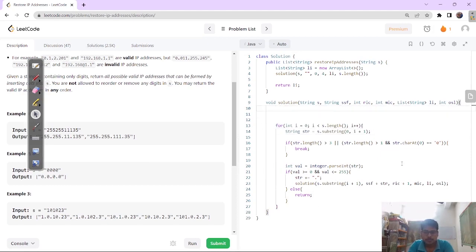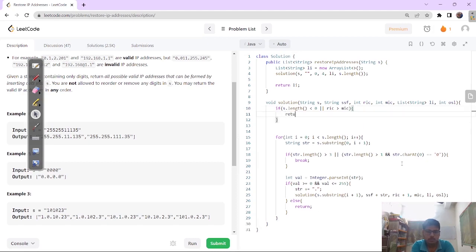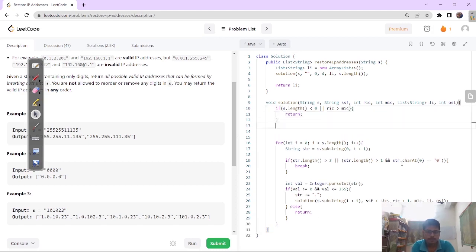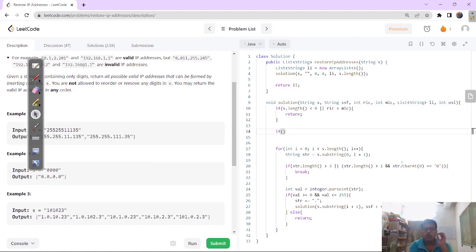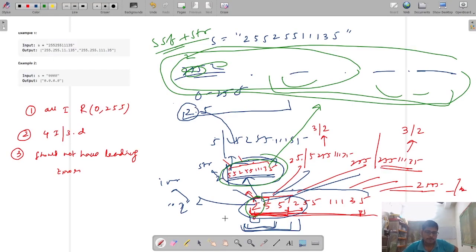Here is a base case, right? So what if my string length becomes less than 0, or my required integer count becomes greater than the maximum integer count? In that case, I will do nothing, just return. And when I will get the answer,